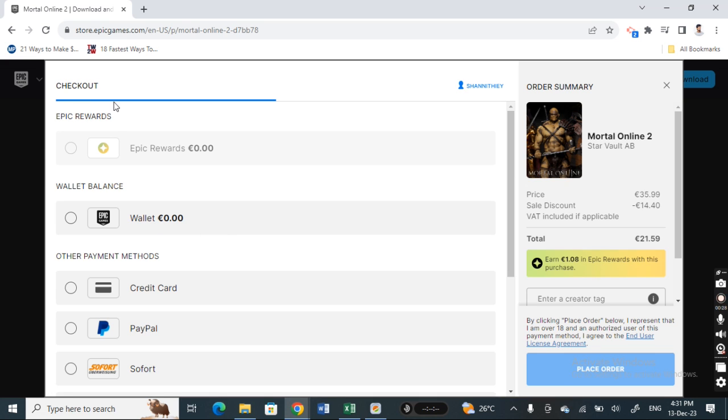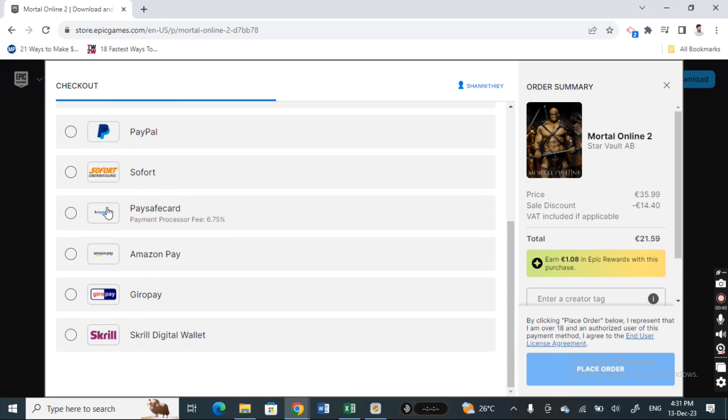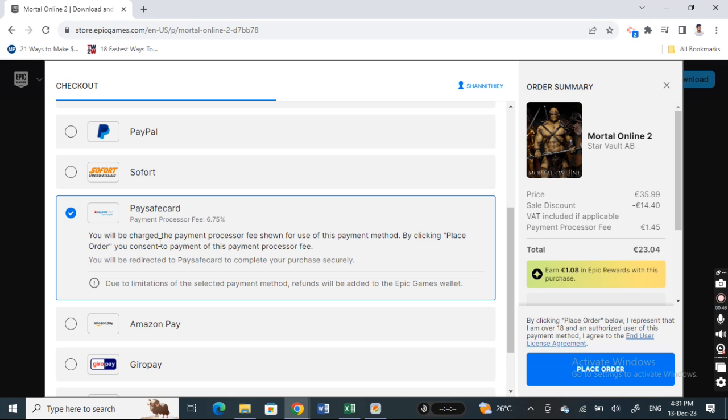When you get to this checkout page, if you scroll down, you will see under the checkout option the different types of payment methods, like other payment methods. So simply scroll down and all you have to do here is simply select PaySafeCard. So you simply select PaySafeCard and then hit on place order, and then this will ask